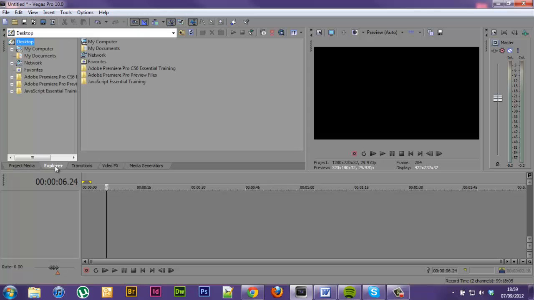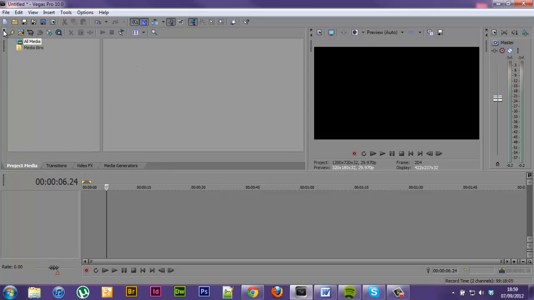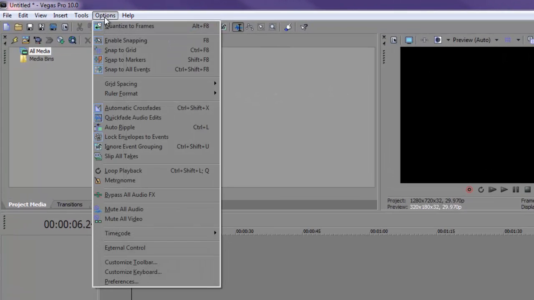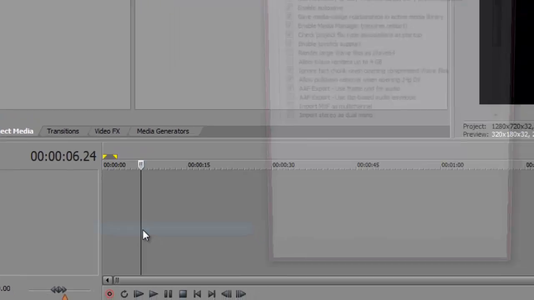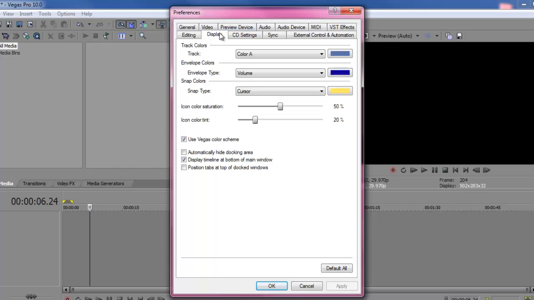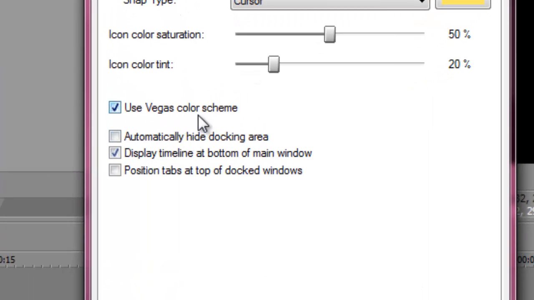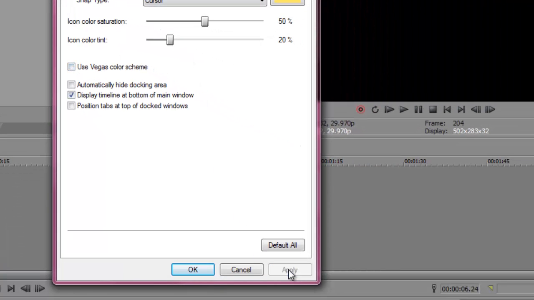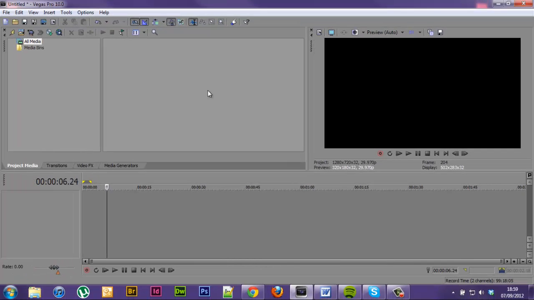I'm also going to get rid of the Explorer here. So I'm going to click the X in the top left. And the master volume over here, I'm going to click the close button on that. Okay, also, this grey colour scheme I don't particularly like myself, so I'm going to change that. So if you go over to options, go down to the bottom to preferences, and then at the top here there's a little tab that says display. Click that, and in the middle here where it says use Vegas colour scheme, you'll notice that it's ticked. If you untick that and then click down here apply and then click OK,